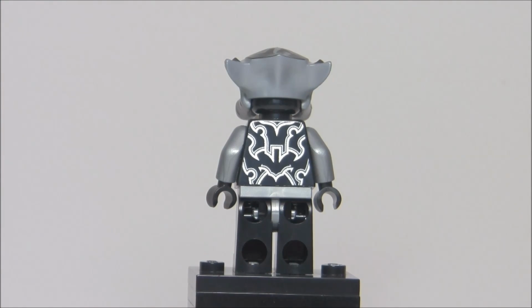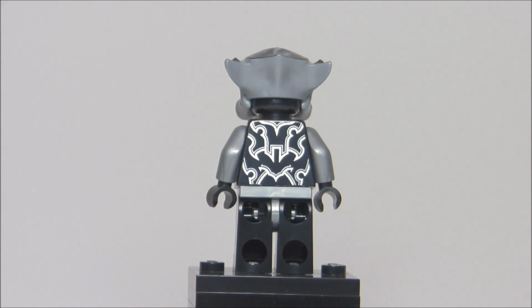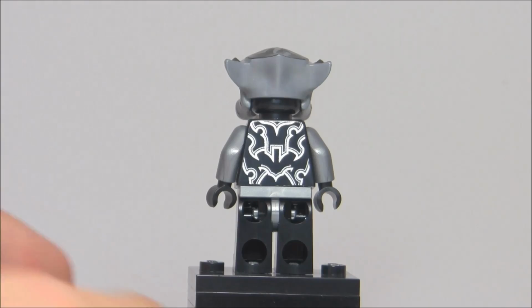He does come with two weapons. One is this thing right here, which I have no idea what it is. It's like a wand or something. And then this one's just kind of that stick piece. It's literally nothing else to it. It's just the piece. So not really exciting with the weapons, but I don't really buy the sets for the